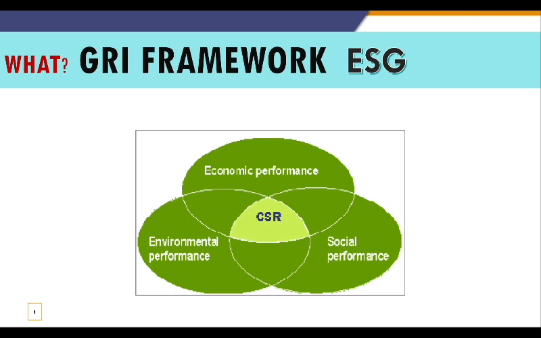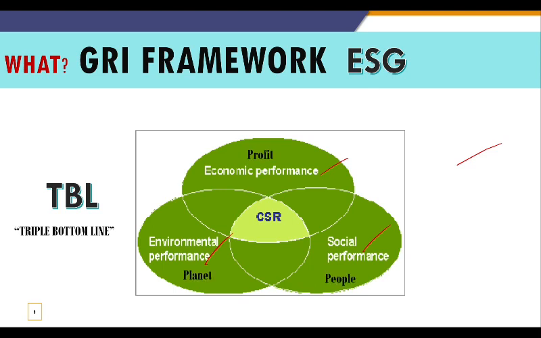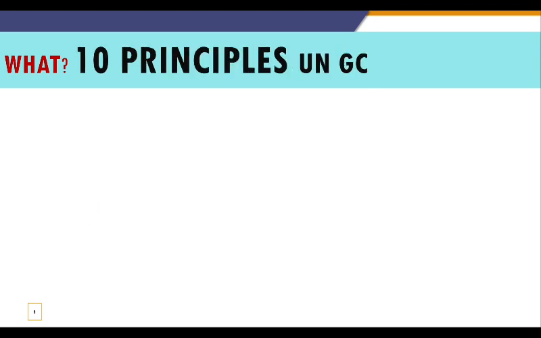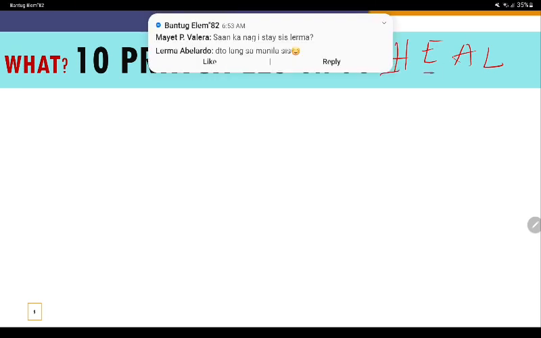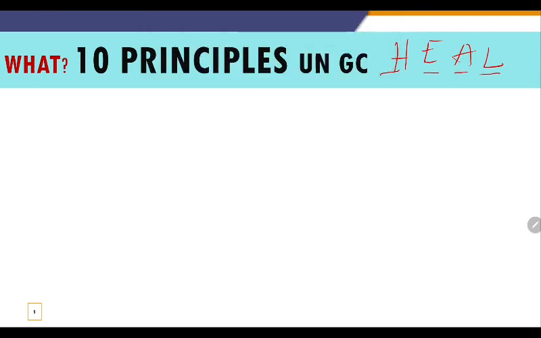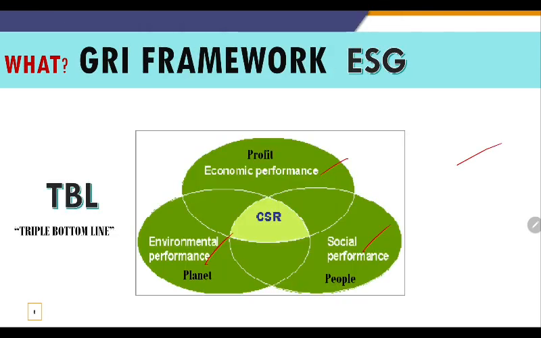Then, how about the GRI framework, which we say is the widely adopted CSR reporting standard? It focuses on economic performance, environmental performance, and social performance, which is a triple bottom line focus of the organization, looking at profit, planet, and people, while the 10 principles of the Global Compact focus on HEAL, again, the areas on human rights, labor, environment, and anti-corruption. This would be looking at